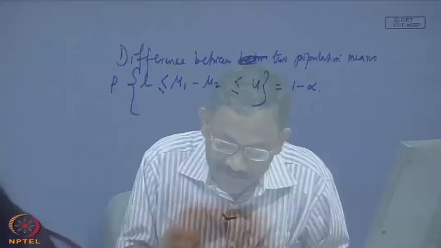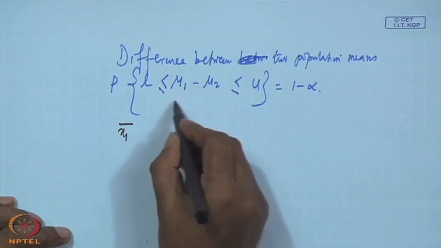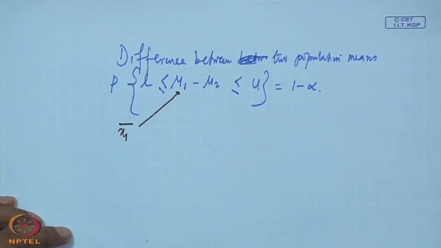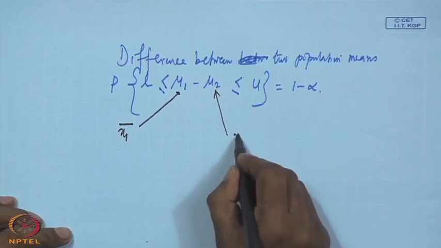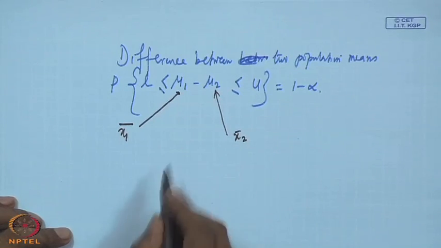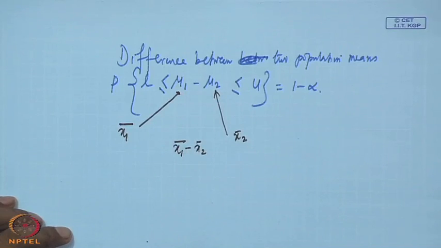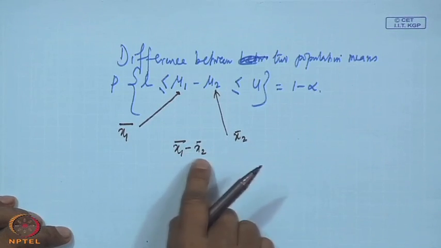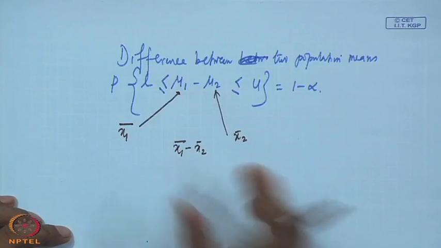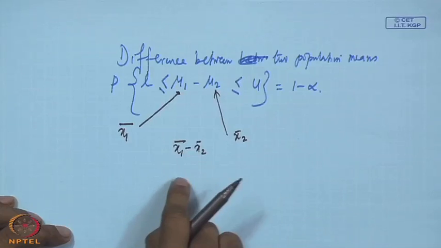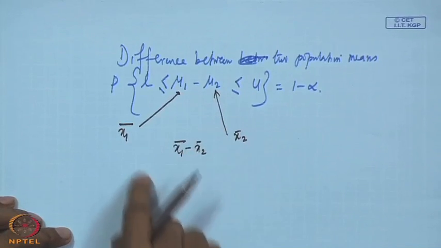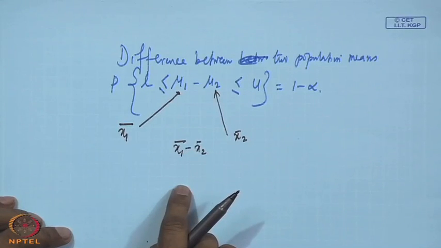If this is the case, then what is at your hand? You have only x 1 bar for population 1 and x 2 bar for population 2, and you also have the difference between x 1 bar and x 2 bar. We have seen earlier that any statistic is a random variable. Now, the difference between the statistics is also a random variable. That means you want to know the mean value of x 1 bar minus x 2 bar and the standard deviation of x 1